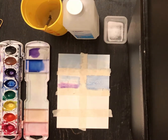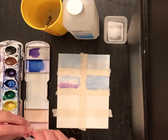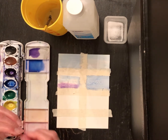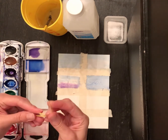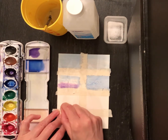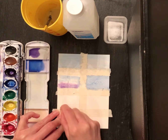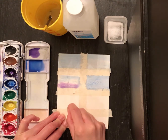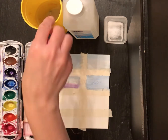Okay, then the next thing that I'm going to do is a technique called Scruffito. Scruffito is an Italian word, and it's when you scratch the surface of your watercolor paper to create an effect. So take something sharp. It doesn't have to be super sharp. A paper clip is just enough, and you use that to scratch the surface of your watercolor paper. So if we were going to be drawing maybe grass, we're going to scratch the surface,